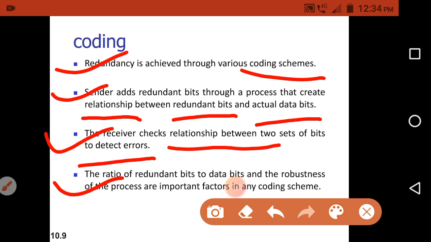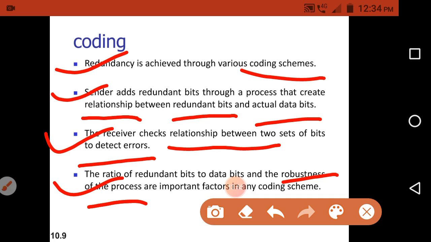And also the robustness. Robustness of the process means that whatever coding scheme you are using to add the redundant bits, the receiver can accurately detect the errors by using those bits. If the receiver can detect the errors, then the robustness of the process is good, meaning the process is strong.